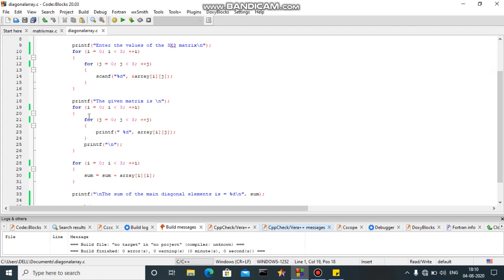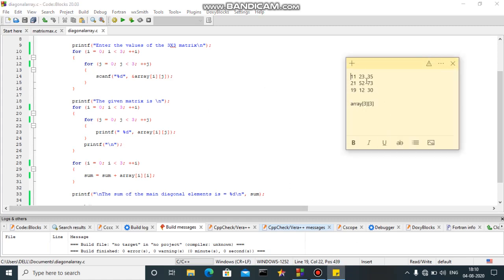So we'll print using the same for loops: the first for loop for rows and the second for columns. After completing one row, we have to print \n because it will look better if the user gets this kind of visual for the matrix. If we do not use this \n, our matrix will be continuous.